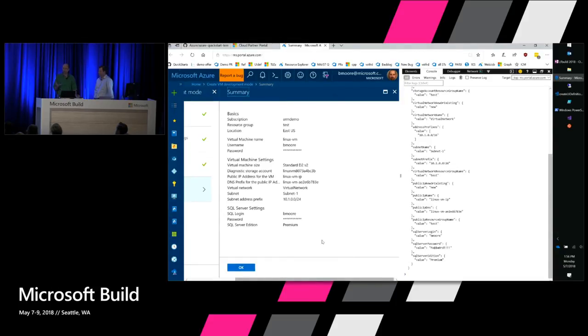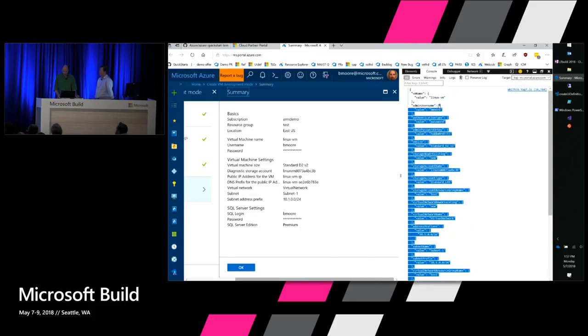And you'll see right away something's different, right? No big red text on there. The blade opened up. I got all of my parameter values. And in the output window here, what you can see is what actually is going to be passed to deployment. This is actually the JSON that will get passed to the template for deployment. So I can take that,